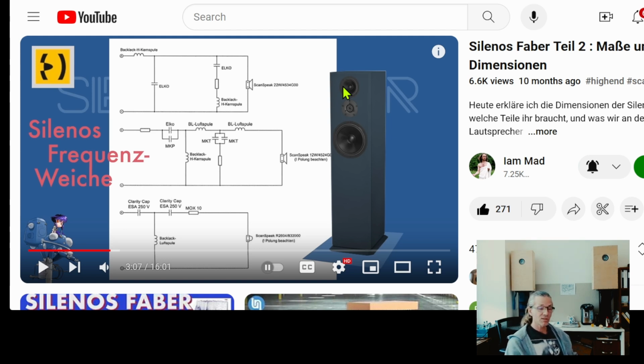So my suggestion is, if you want to play around with active crossover, then you need to design your active loudspeaker from the ground up, and do not take an available commercial model and try to retrofit it with active, because you are going to have a very hard time with it. And when you do that, inevitably you will reach the conclusion that you will need to change 1 or 2 or 3 of the drivers to different drivers, or you need to change the cabinet. Something will have to give and will have to be changed,